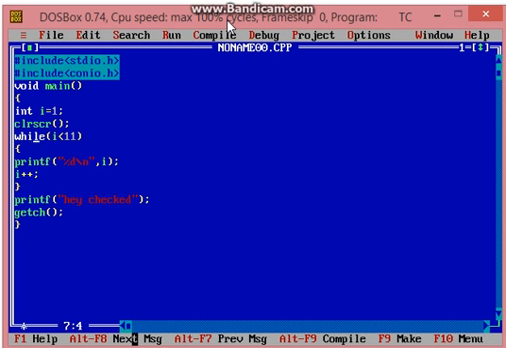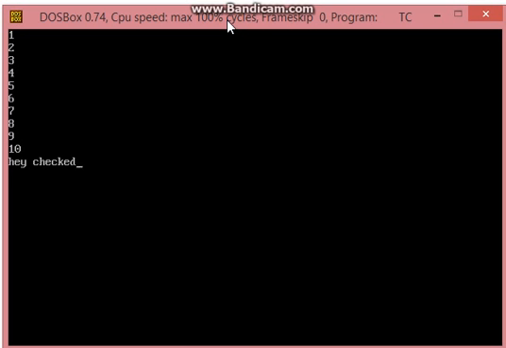So in the next iteration the value of i will become 2, and once again the condition is satisfied, it will come inside the loop and print this statement. And when the value of i becomes 11, at that point our condition will not be satisfied, and our control will transfer to this line, printf hey checked. Let us check it. Yes, it's fine. It's printing from 1 to 10, and after that it printed hey checked.